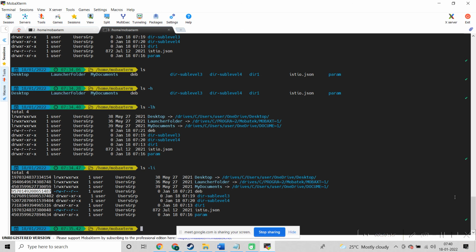MobaXterm is one client, which I can connect to the Linux server. Currently we are talking to our existing system. When we are connected with the Linux server, it is somewhere else. Tomorrow we'll talk about that. These are the basic foundation stones for everyone, especially those who haven't worked on it before.